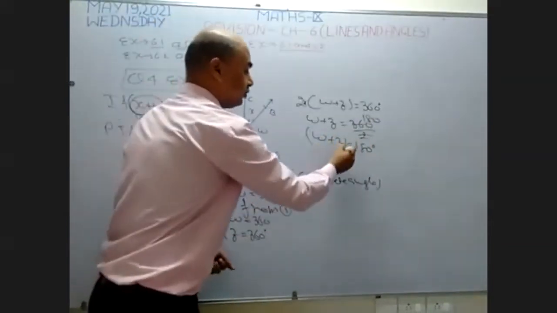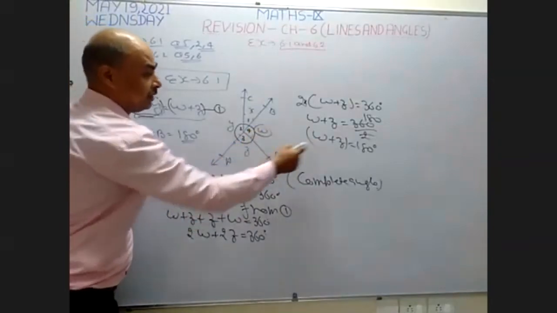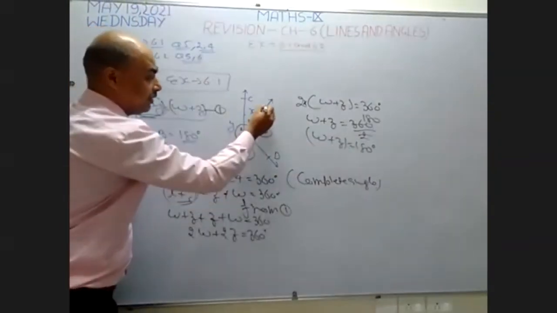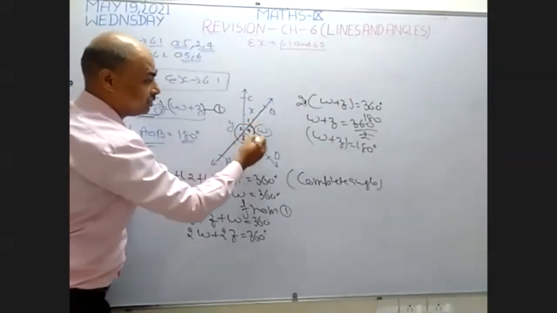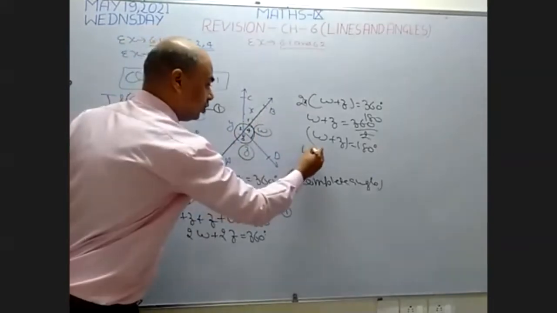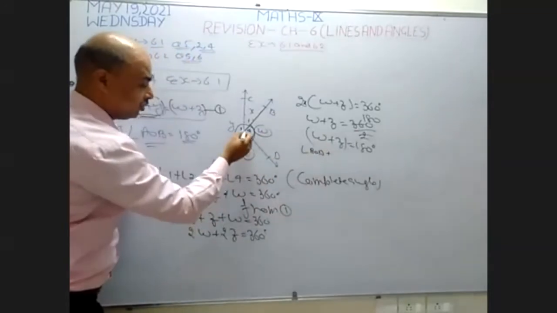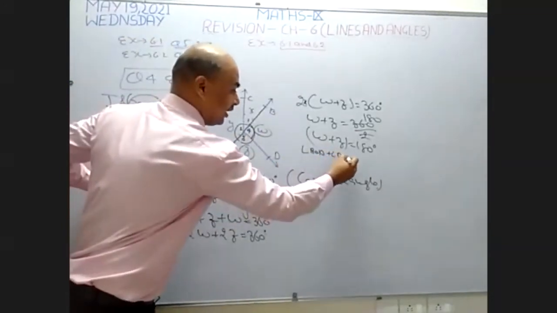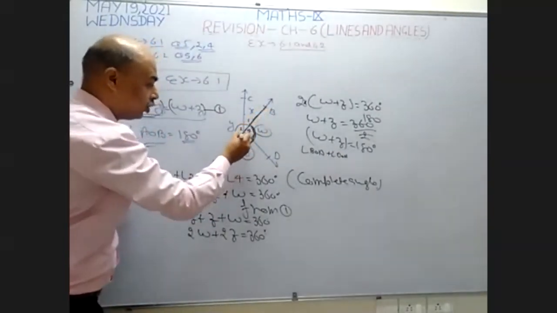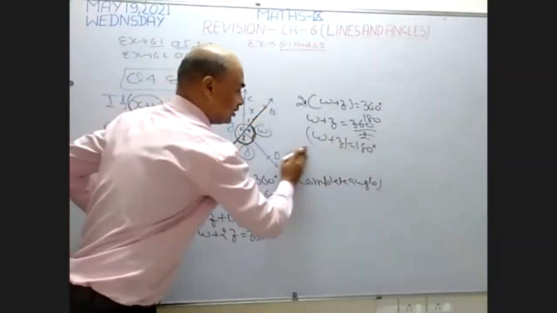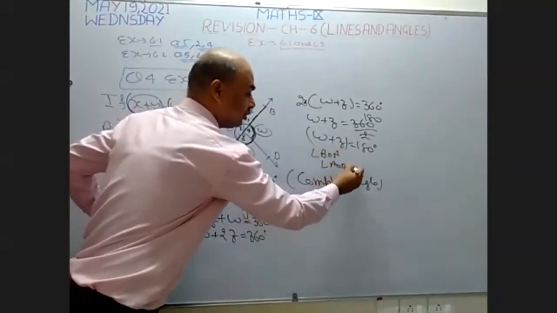Now I want to check where these two angles lie. See on the board. W is written here, and this becomes BOA. This angle w is BOD, and angle z represents DOA. When I add these two angles, this becomes BOA. So instead of these two angles, I can write BOA or angle AOB. The meaning of these two is the same.